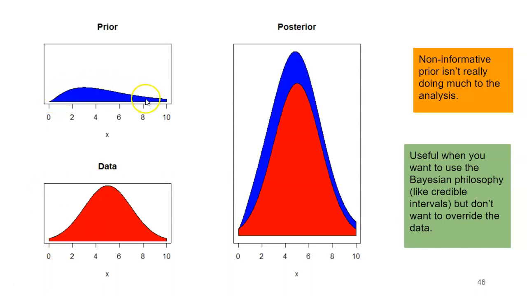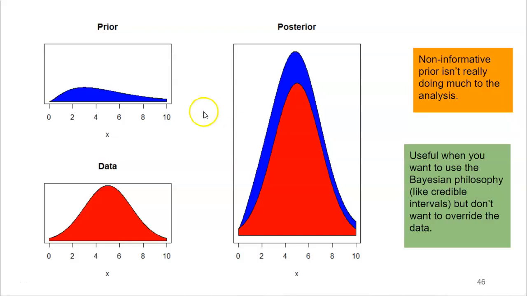Here's our prior. Okay, this distribution is like sand, and our data is a different sand pile. This prior is very low. It's non-informative. It's not doing much. So there's only a little bit of blue prior sand going on top of our red data sand. And so this allows us to still use Bayesian terminology and philosophy, but not really overwrite what the data is telling us. I like talking about confidence intervals as 95% probability of capturing the parameter, but I don't really know what prior to put on it, so I use this non-informative prior.